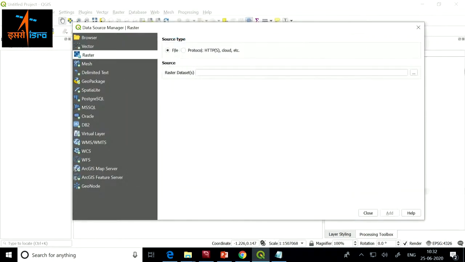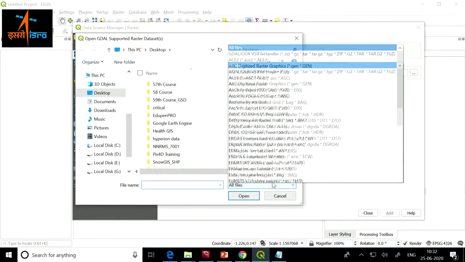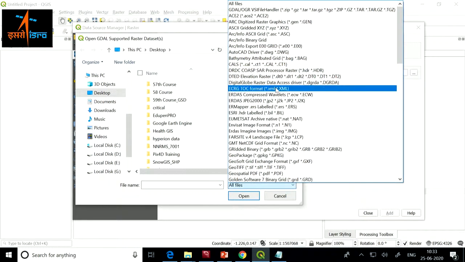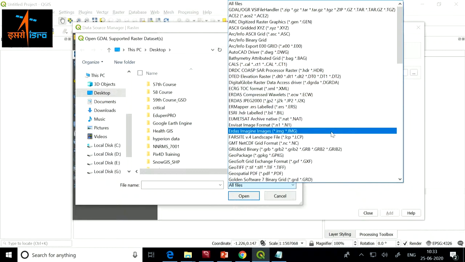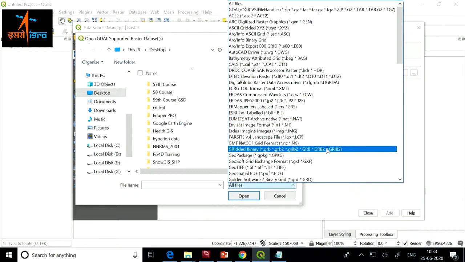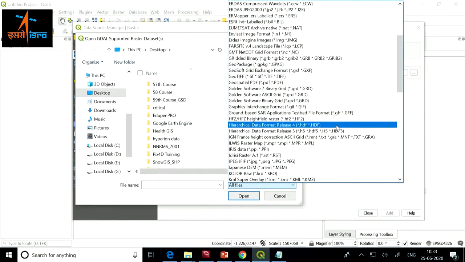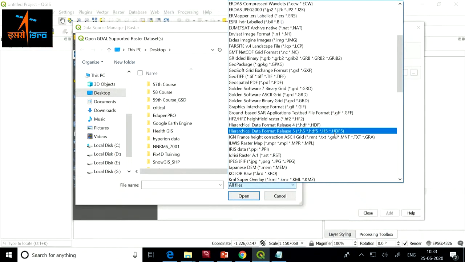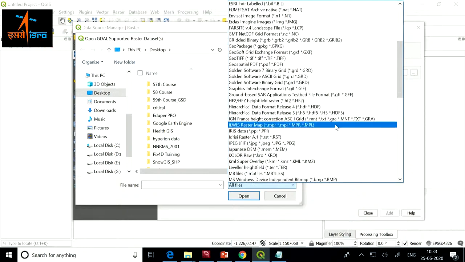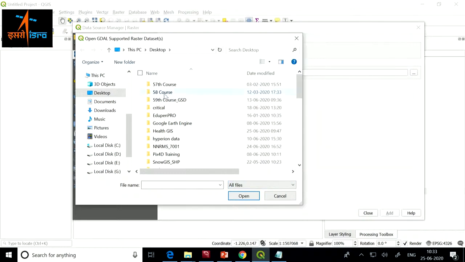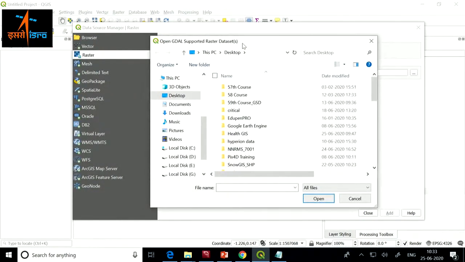If you click on raster data, again there is a huge list. If you click on all files, you see you can add your ASCII grids, your ERDAS IMG files, your gridded binary files, GeoPackage, GeoTIFF, HDF files. Your MODIS data comes as HDF files, H5 files, then your NetCDF files, ILWIS. There are so many. So all known raster and vector data files are supported in QGIS. If somebody says my file doesn't open, they probably have not explored QGIS correctly.